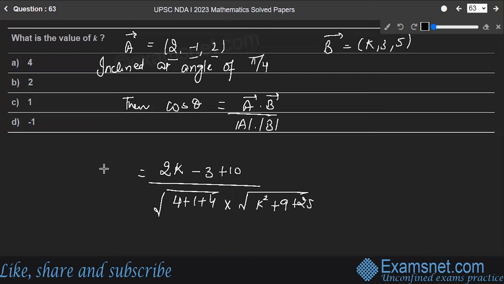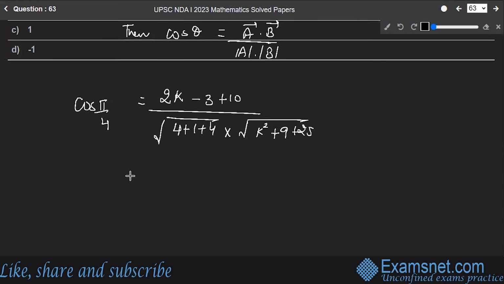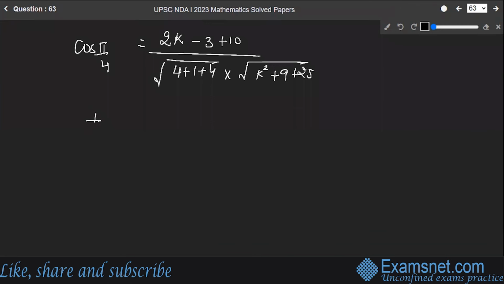This is cos pi by 4. Cos pi by 4, that is cos 45 degrees, 1 by root 2. This is equal to 2k minus 3 plus 10 upon 3